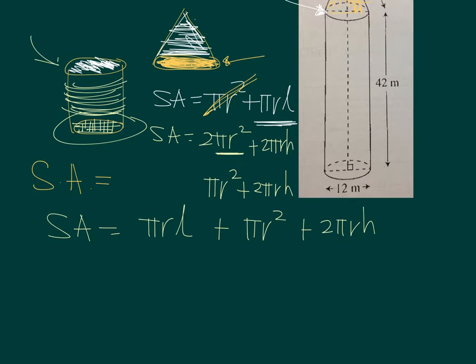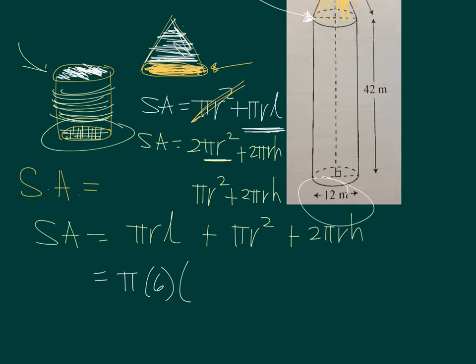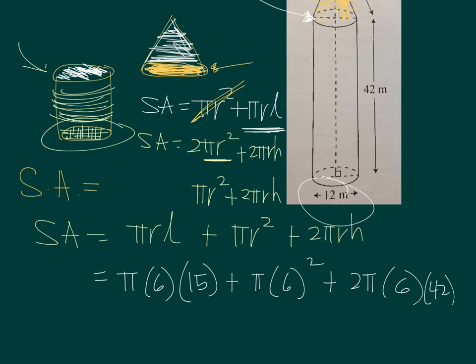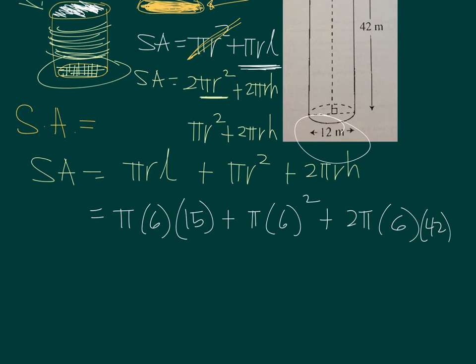Then once we have set that up, all we have to do is to place the corresponding numbers. The radius of the cone is the same as the radius of the cylinder, which is 6 because the diameter is 12. So half of the diameter is the radius 6. The L, the slanted height, is 15, and then plus, again substitute, 6 squared, and then plus 2 pi 6, and the height to be 42. Okay, and then all you have to do is to find the exact value for this, and that will give you the surface area,